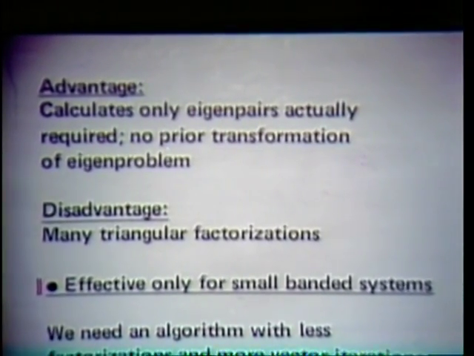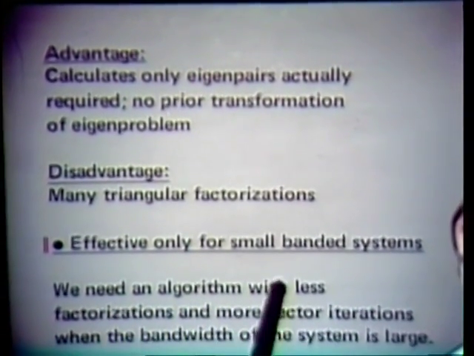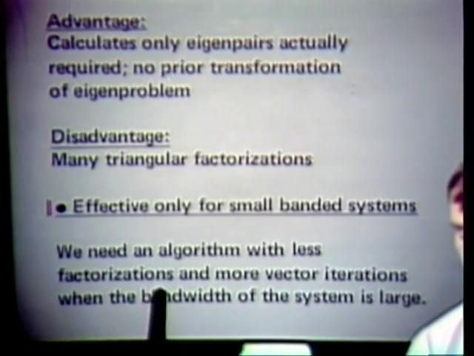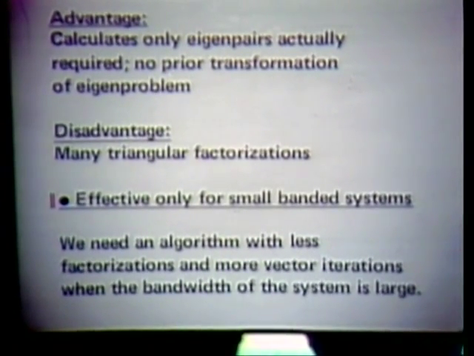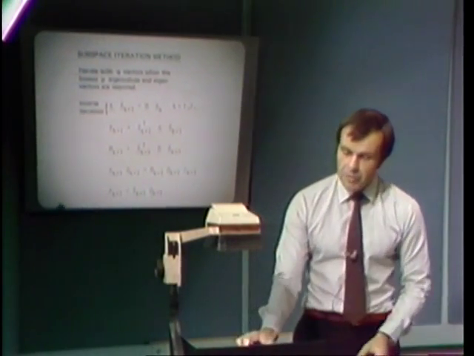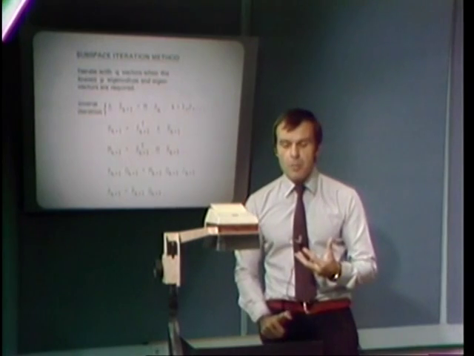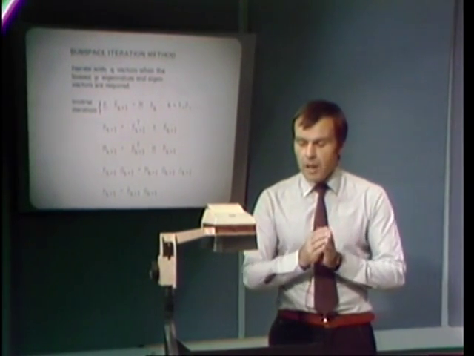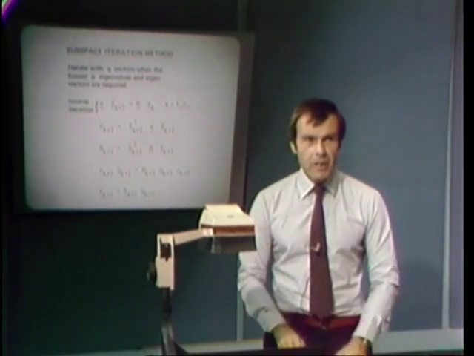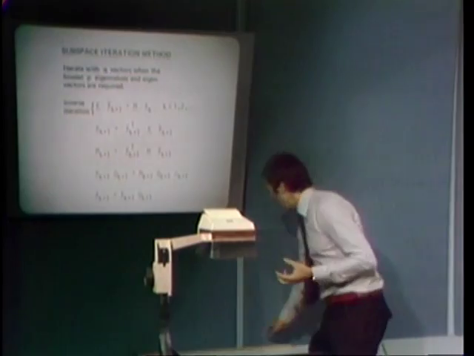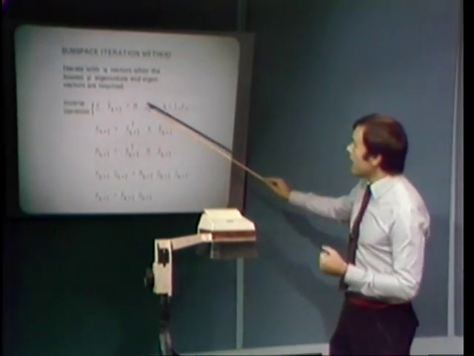If we want to calculate eigenvalues of large banded systems, we really need an algorithm with fewer factorizations and more vector iterations. And that is the subspace iteration method. In fact, we have now extended the subspace iteration method to be also most effective for small banded systems, and I will just refer to it very briefly later. The basic steps of the subspace iteration method are the following. Here we have the